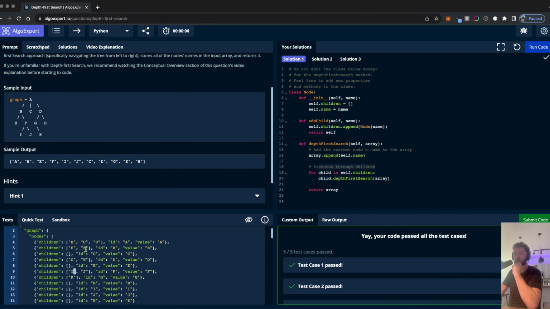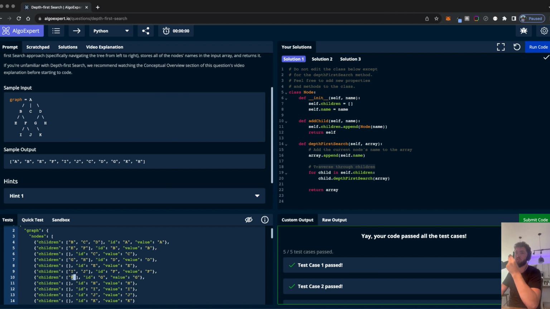And then we can go to, I think, C now. Then it goes to the C list, check if C has children. Nope, doesn't have children. So then go back up to C, pop over to D, append it, go to the D list, check if D has children. D does have children, so then go to G, append it, and then go to the G list.